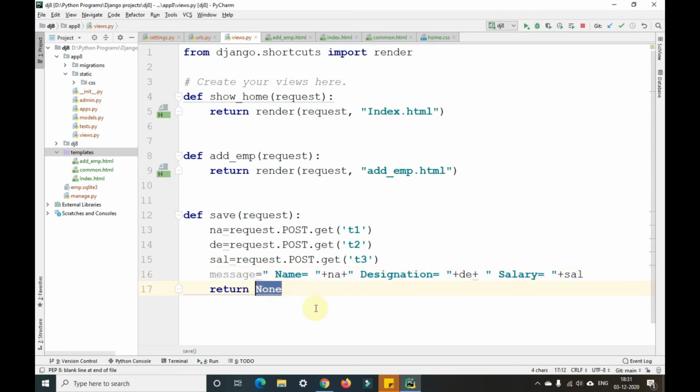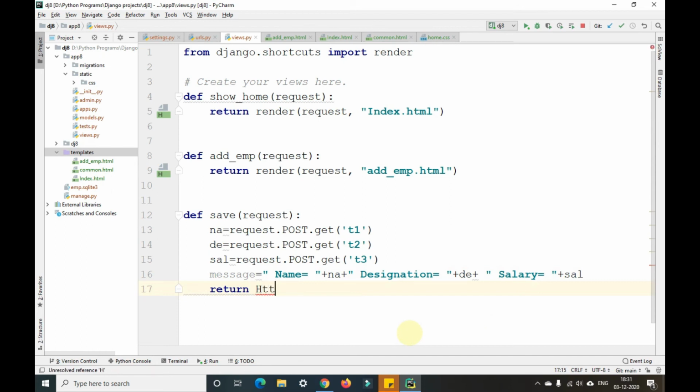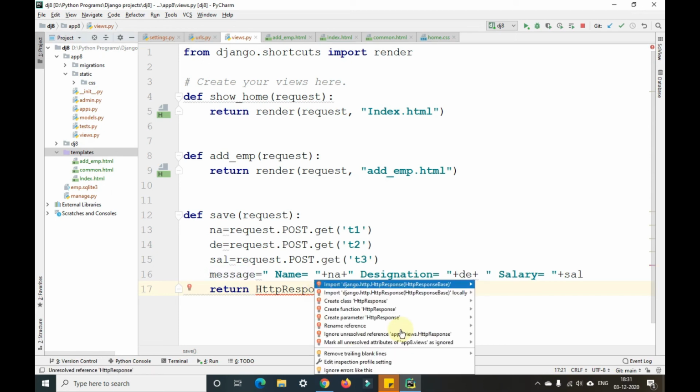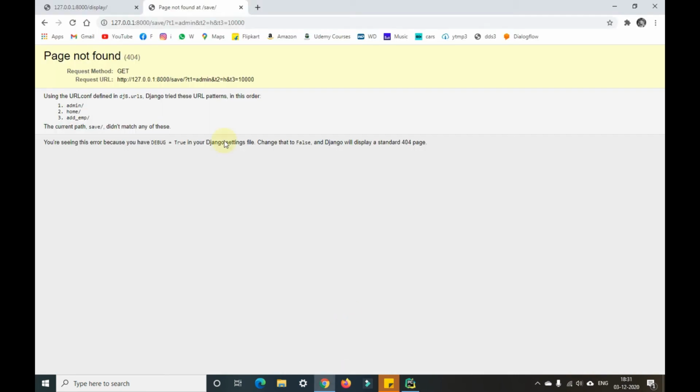So instead of returning none here, I'll return HttpResponse there. And I'll import this HttpResponse. So HttpResponse is imported successfully there.